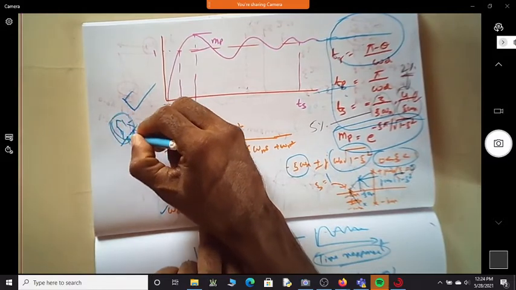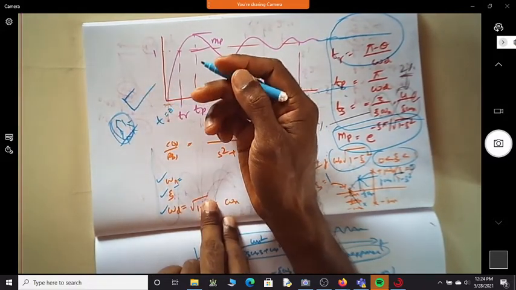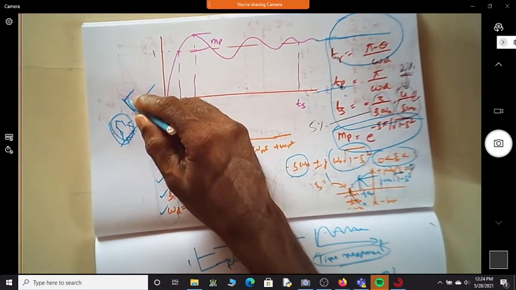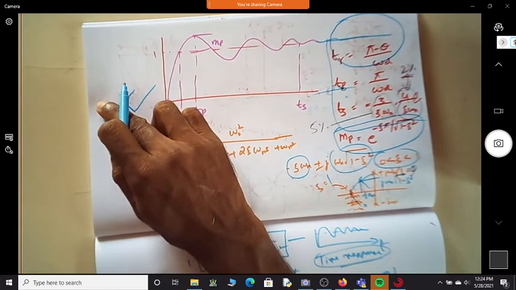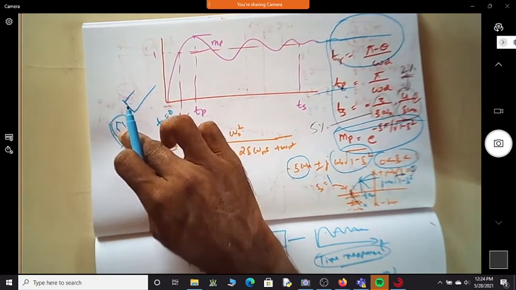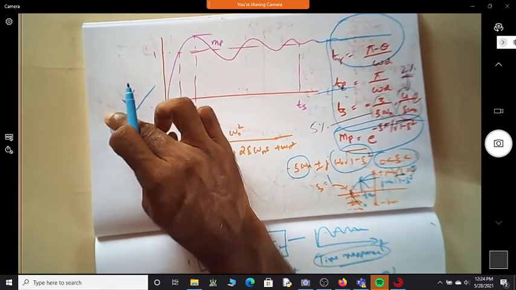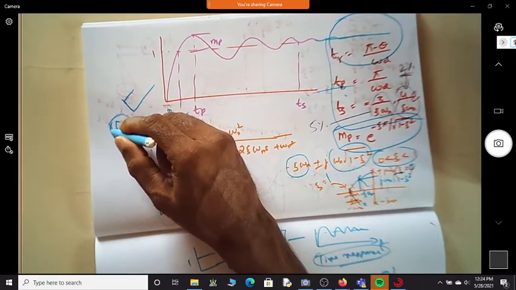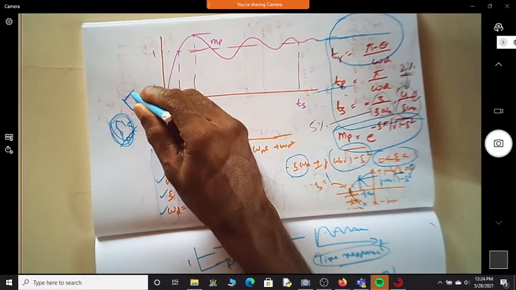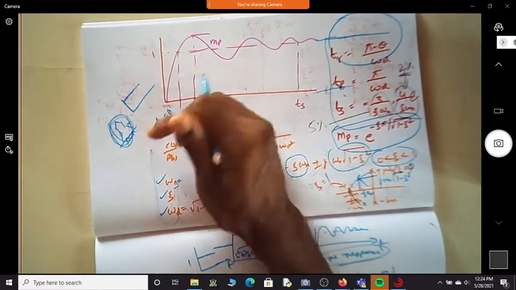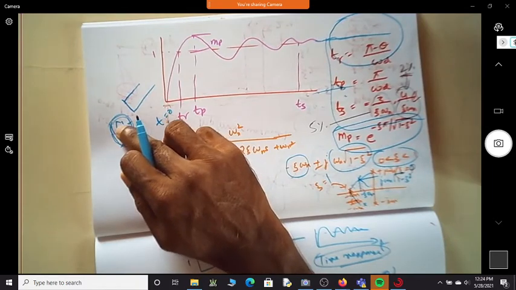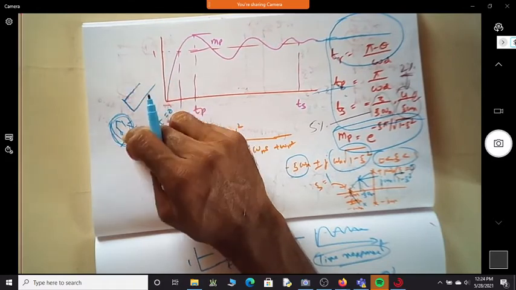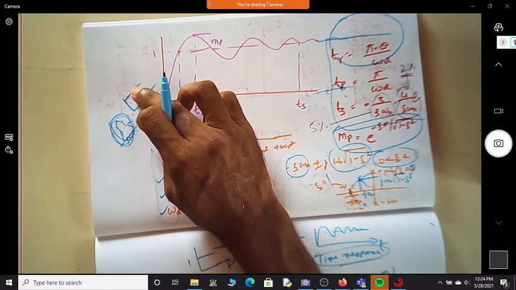Assume that this is a system. It has been given a step input. We know that whenever you switch on, a sudden switch on, the system should rise. That is the expectation. Suppose if it doesn't rise, if it falls off, then there is an error. So I want to see whether this system can respond with steady state error 0. Meaning this is expected to rise to a certain level whenever I apply such a type of input. So I'm just testing whether it is behaving as the expected value.